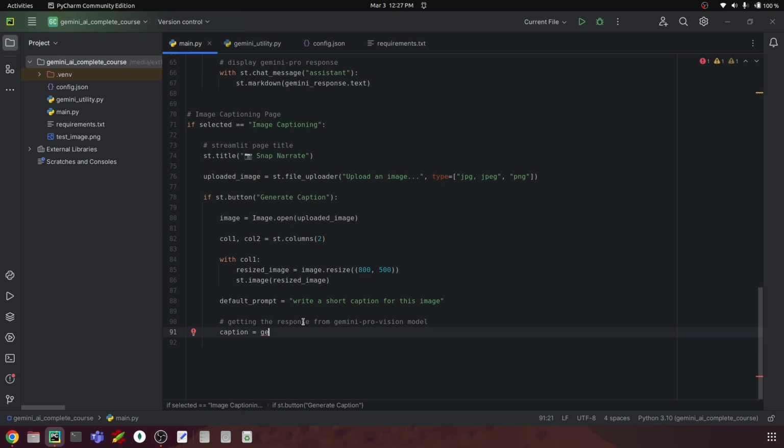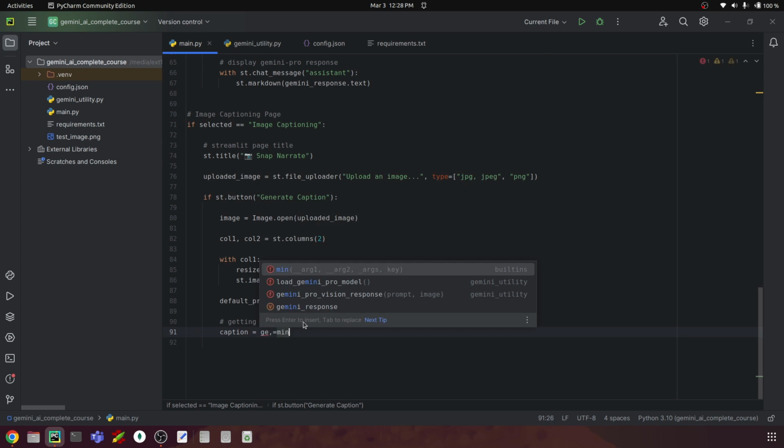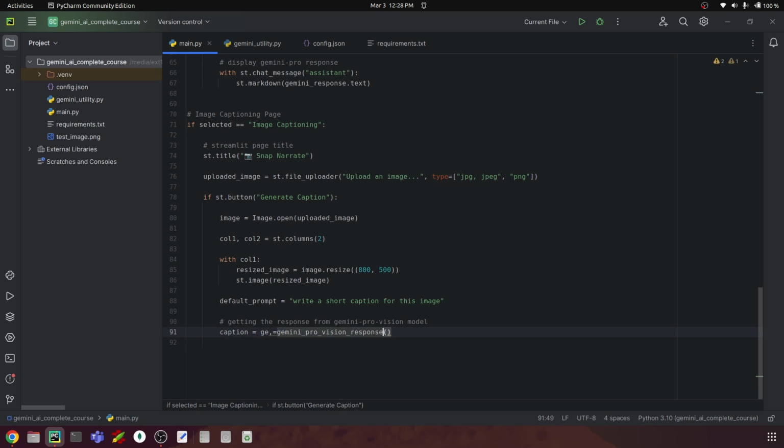So for this caption, I'll say get Gemini Pro Vision response. Here